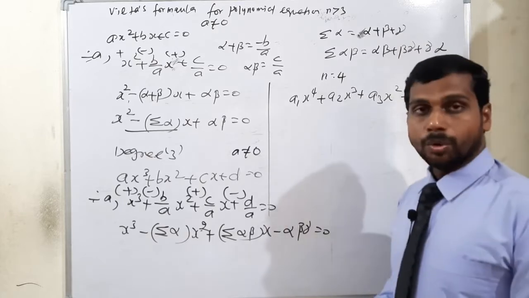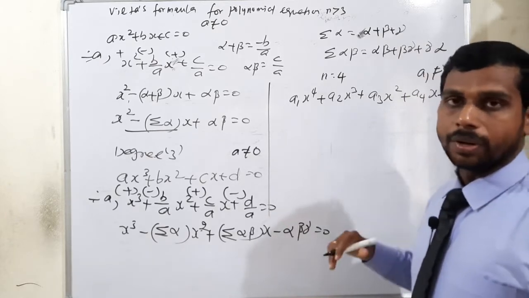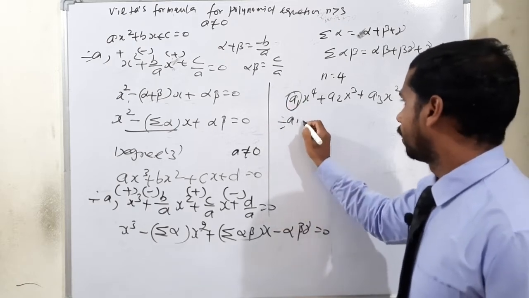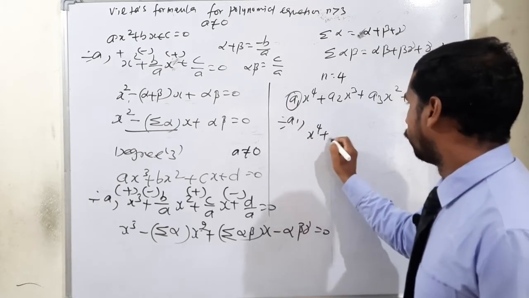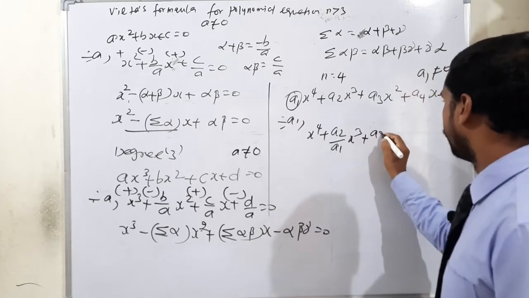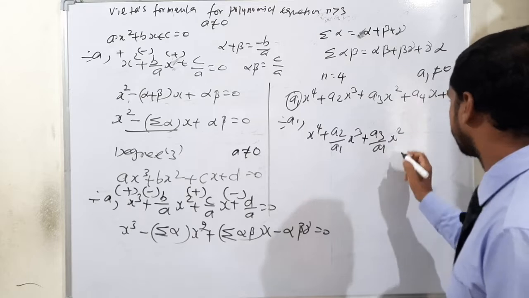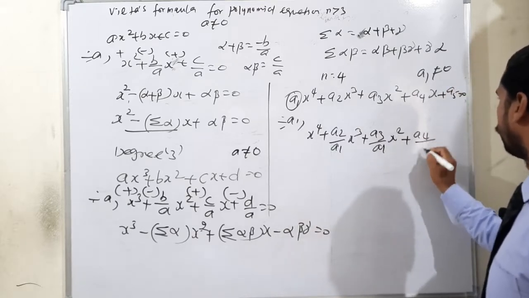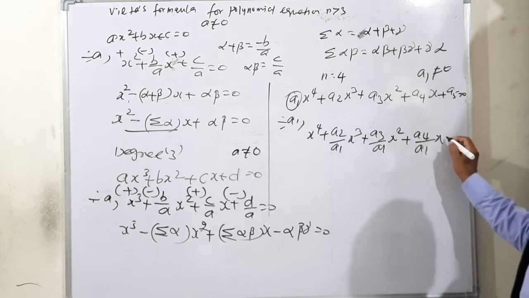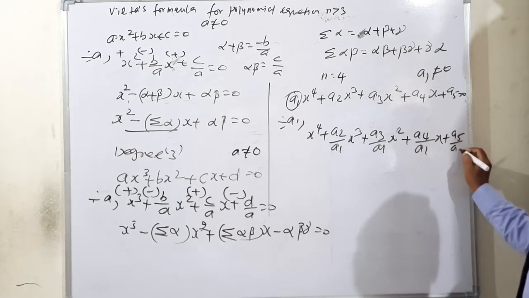If you need to change it to a monic polynomial, each and every time divide by the leading coefficient a1. So dividing by a1, x power 4 plus a2 by a1 x cube, then a3 by a1 x square, then plus a4 by a1 into x, then the last one a5 divided by a1